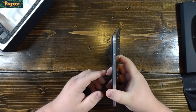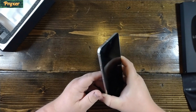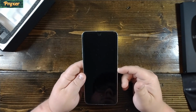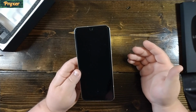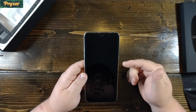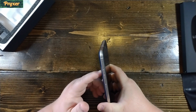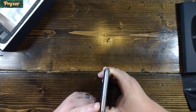The V60 comes with the Snapdragon 865, which I know it's not the 865 Plus, but the 865 still packs a heck of a punch. I was able to run any game that I would want to play on Android on the V60, no problem. It's got 8 gigs of RAM, 128 gigs of internal storage, and it has an expansion slot for, I think